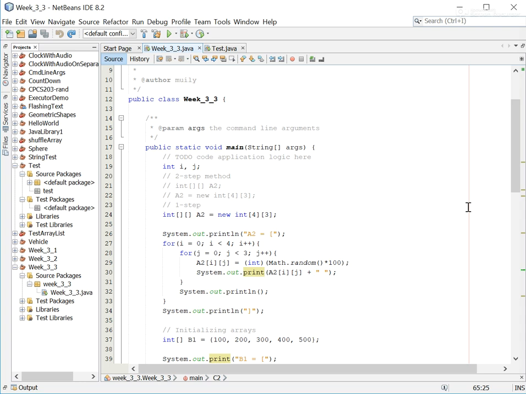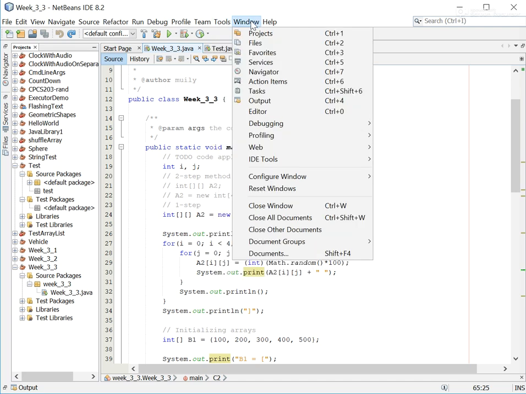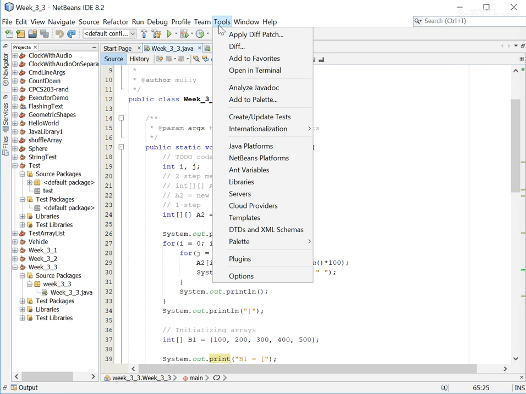So generally we try to avoid having very long lines of code that go beyond 80 characters. Of course, for the past many years we've had much higher resolution displays,